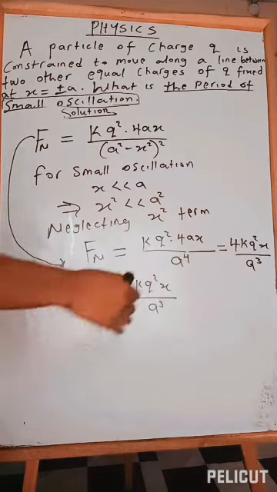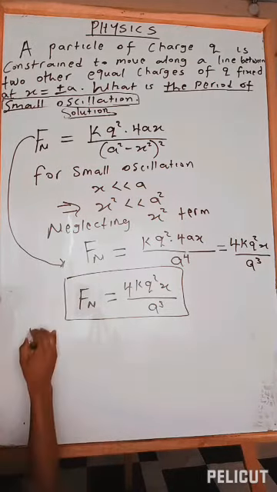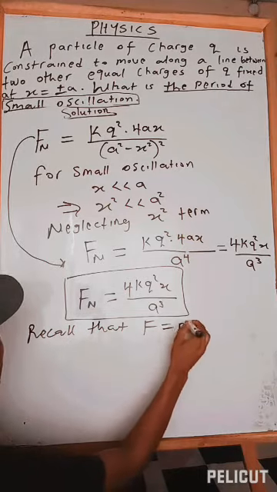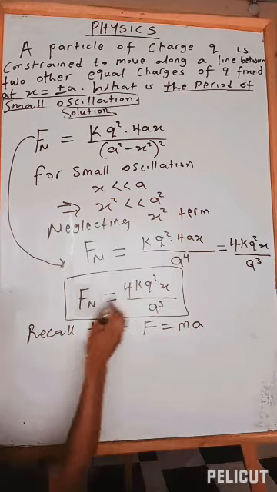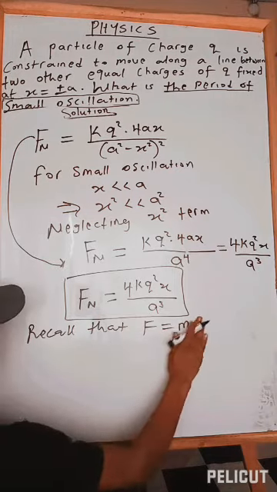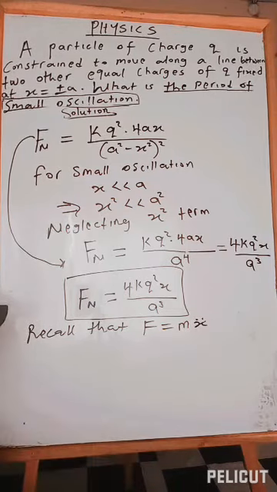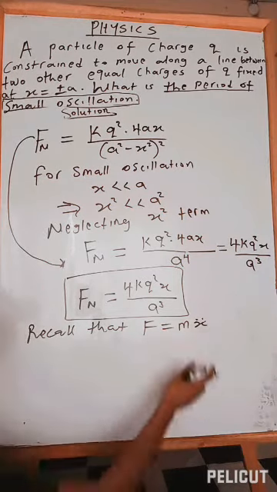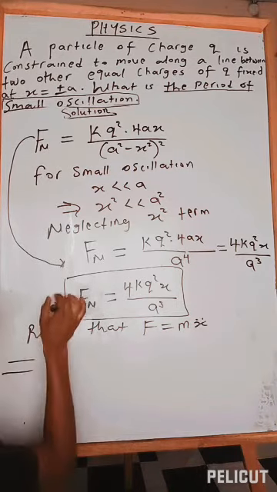Okay, so moving on, since we have our net force to be this, recall that F is equal to ma from Newton's second law of motion. Though this a is acceleration, so let's not confuse it with this one. So let's call it m x double dot. Don't forget, if you find the time derivative of displacement twice, you get the acceleration. So dot means dx/dt, double dot means d squared x/dt squared. So I can replace this net force, so this can be written as